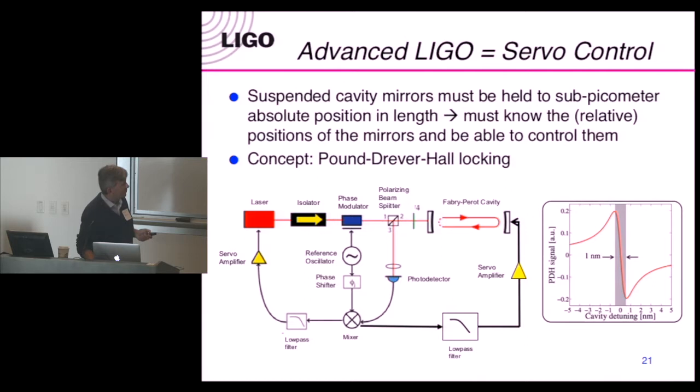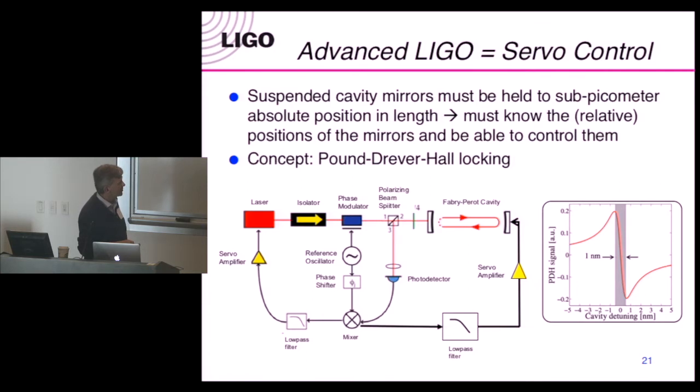Here's the control system, basically a toy model of it: how you keep the mirrors in the right position. You have to know that they're in the right position, and then you have to keep them there. How do we do that? Well, the way we know is by using another laser field, shifted off by a small radio frequency amount. Here's the arm cavity, the Fabry-Perot cavity. The light that is on resonance with the cavity gets in and bounces around quite a bit. The light that isn't on resonance reflects off the front surface of the mirror and is used as a